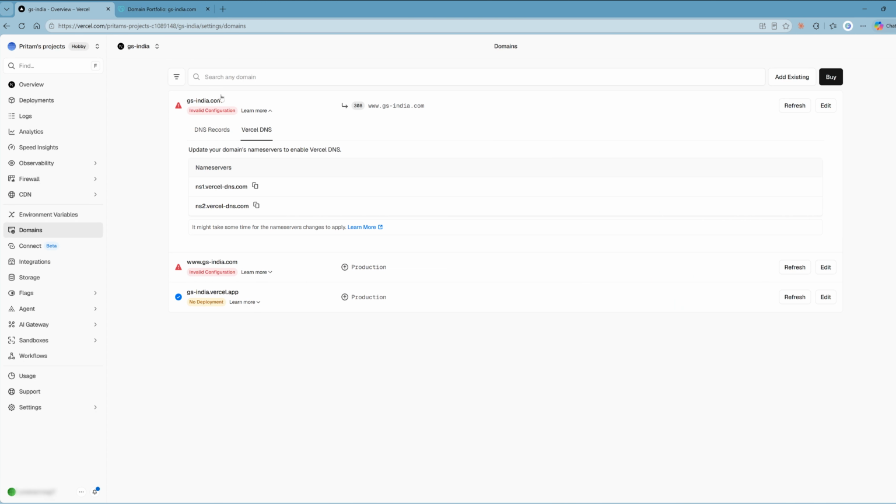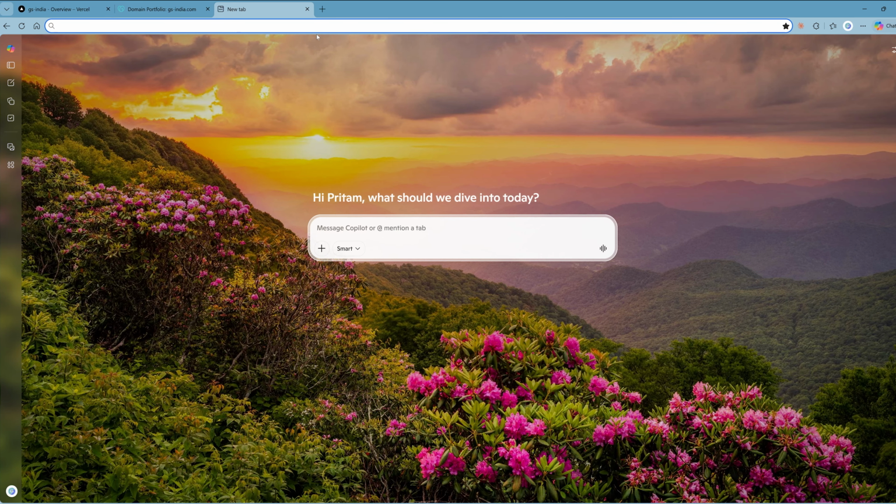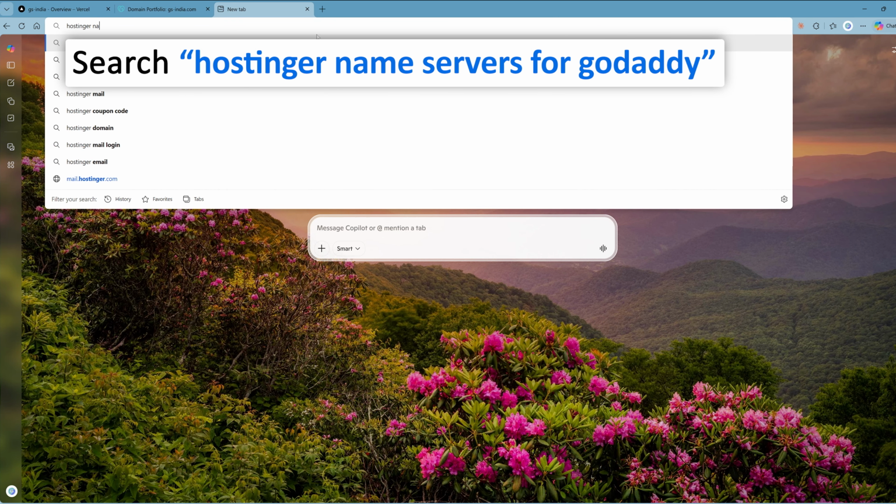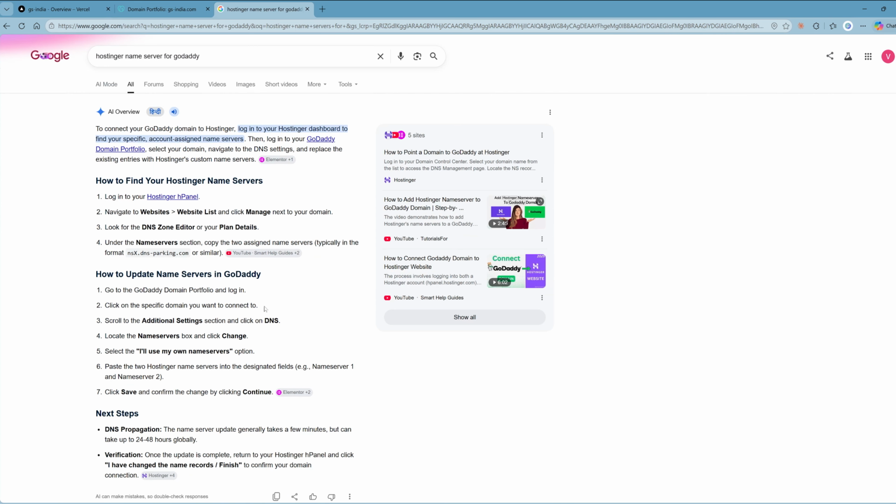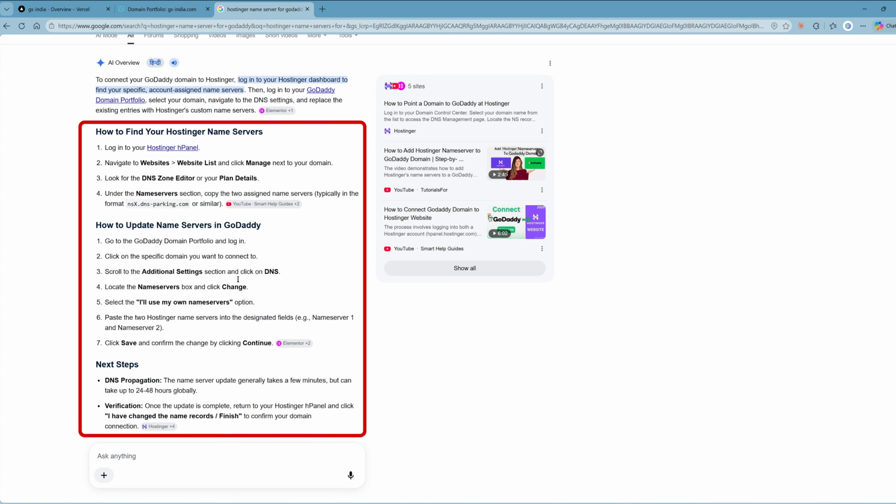Okay, so here's the thing. Whatsoever platform you are in, that platform will have its own name server. If you do not know from where you need to find, simply do Google search and you will find your name server. Okay, let's say for example, Hostinger name servers for GoDaddy,